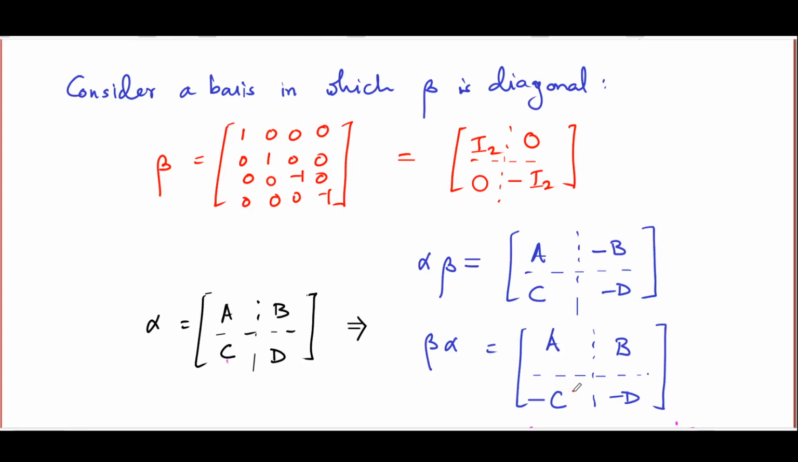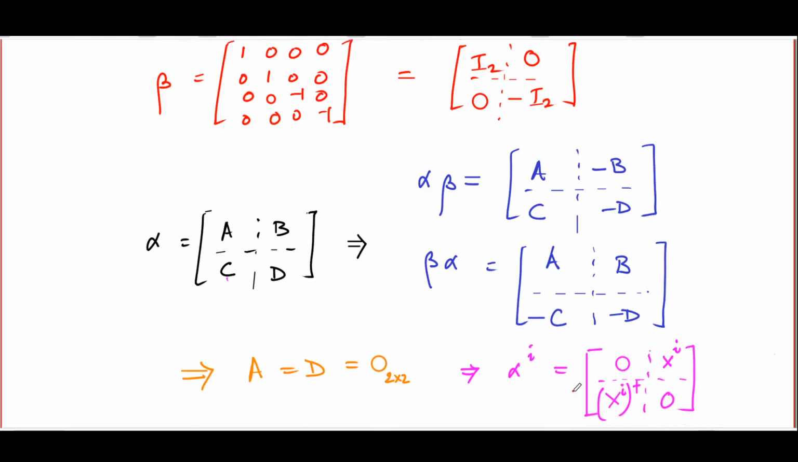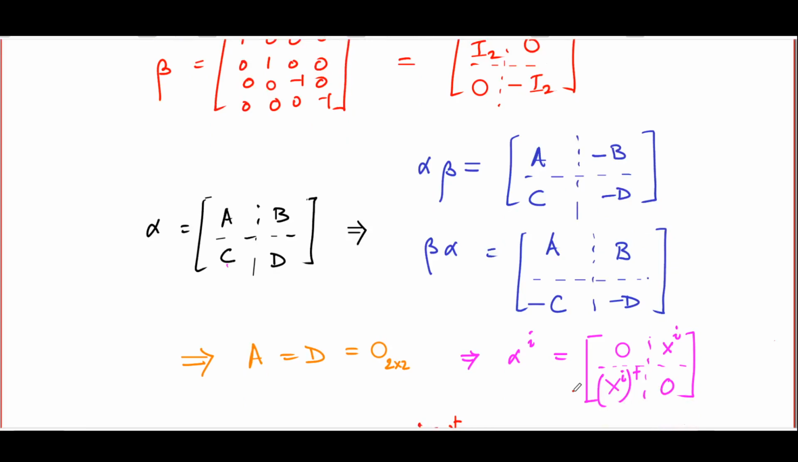Note that since alpha beta plus beta alpha have to be 0 for our alphas, A and D, the diagonal blocks must vanish for our alphas. So, a typical alpha i must take this particular form: null matrices, 2 by 2 null matrices on the diagonal, and an off-diagonal block of xi on the top right corner